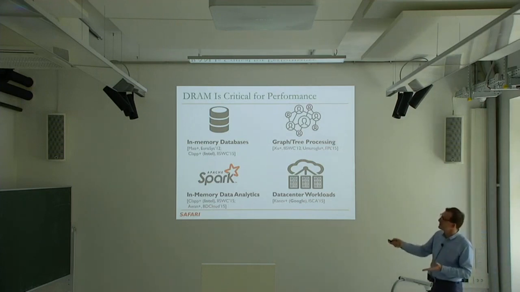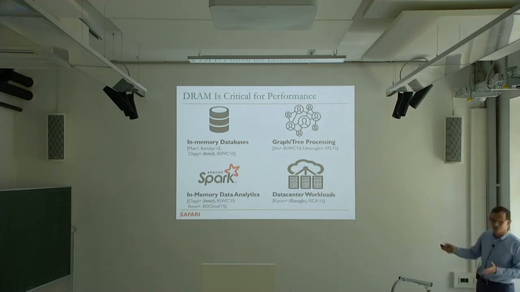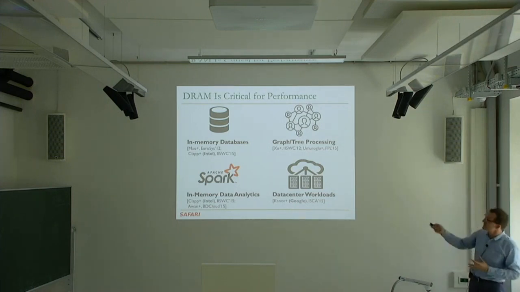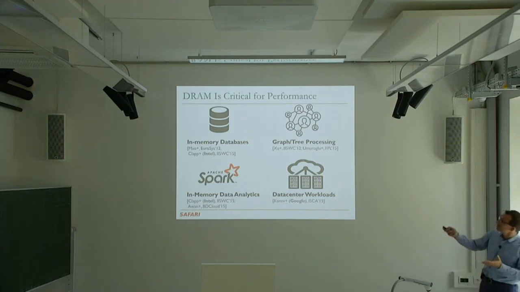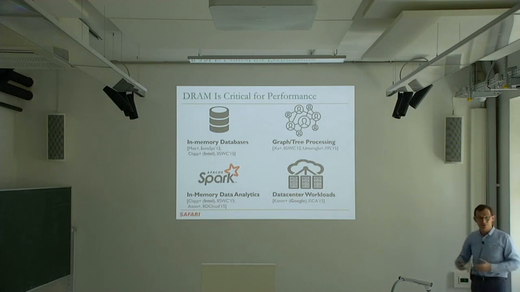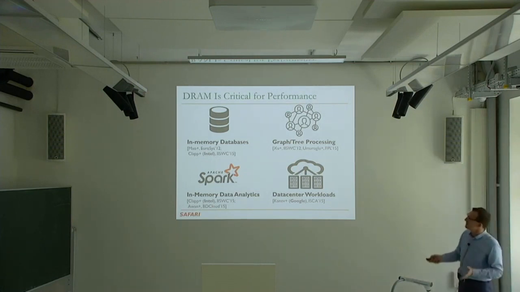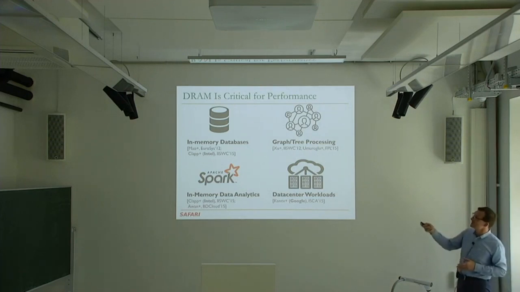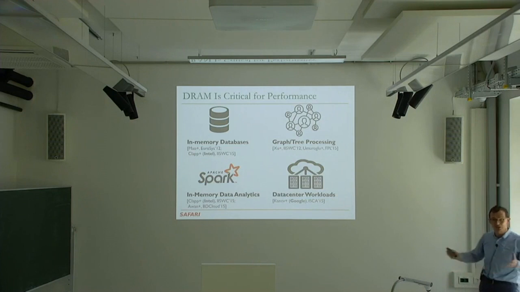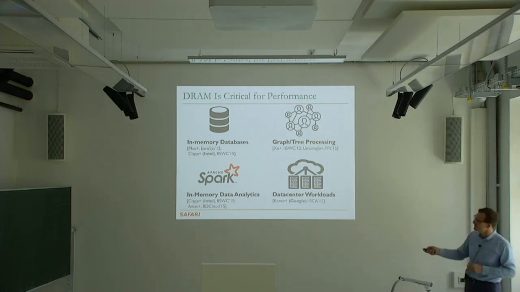Like if you look at an in-memory database, it's a complex interaction of all of those. Graph processing, we'll talk about that. Actually, random accesses dominate a lot of graph processing workloads. This is used in a lot of machine learning frameworks, increasingly bioinformatics frameworks, clearly social networks, many kinds of networks. It's all over, and we have a lot of random accesses. So these actually exercise a latency bottleneck a lot, in addition to capacity and bandwidth. That's true for other workloads as well, and we're going to cover this paper sometime later.